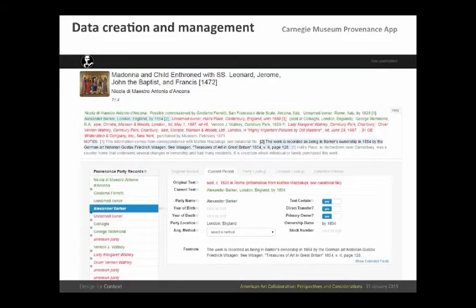They've started working with provenance data and building out an application that uses the AAM guidelines, takes in data that's structured along those guidelines, parses it out, and expands it out into a set of fields that make it easier for registrars to manage that data, provide different types of things. So we see here, for instance, each individual provenance statement or line has been broken down and is illustrated on the left,